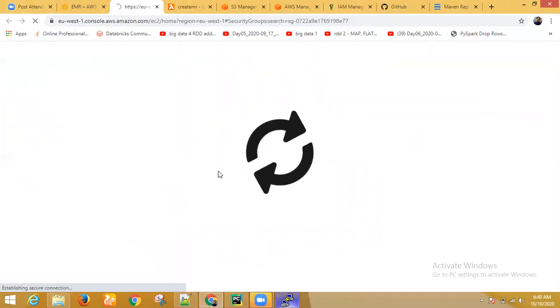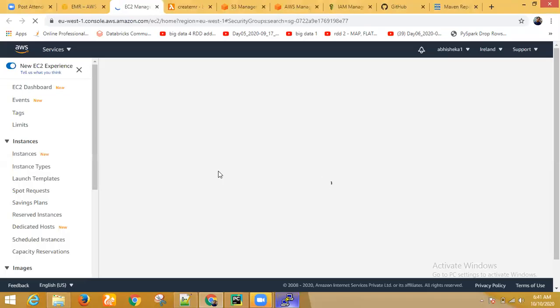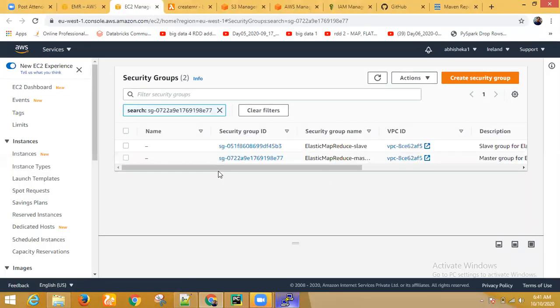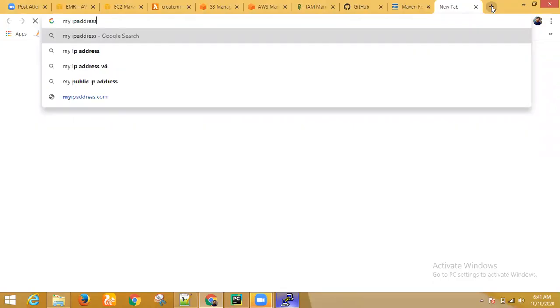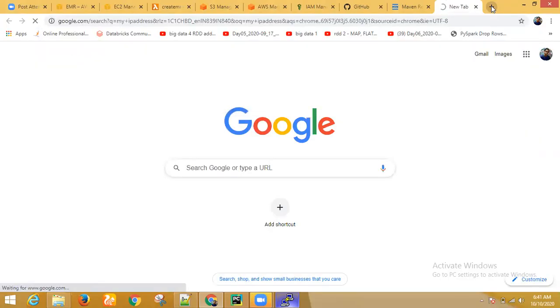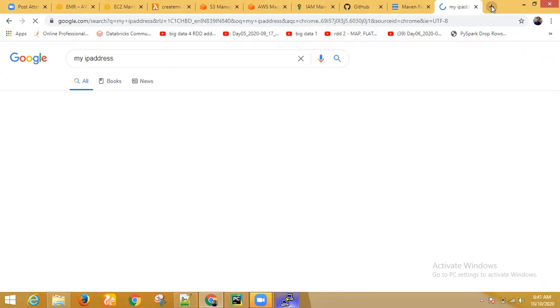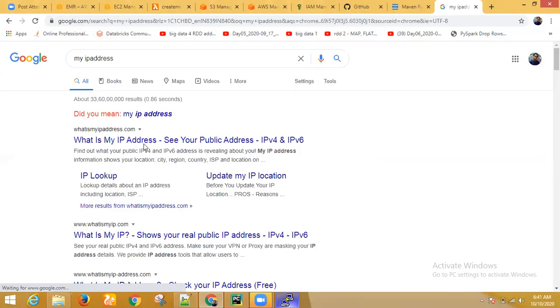So what we are trying to do is access this EMR cluster from our local computer. Our local computer is basically a Windows machine, and it has a separate IP address. So what is our IP address? Suppose you just search for what's my IP address.